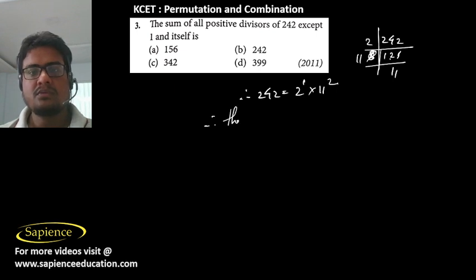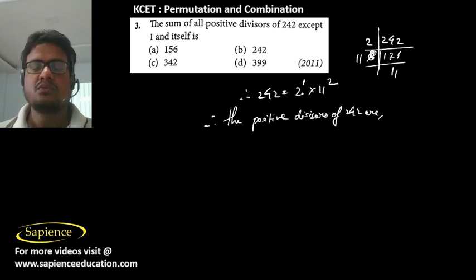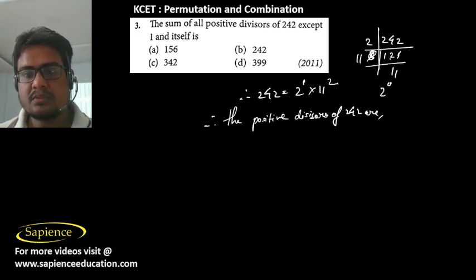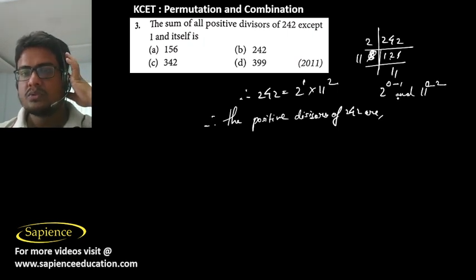So now, therefore, the divisors, or I can say the positive divisors, all the positive divisors of 242 are: we can take 2 power 0 to 1, and this 11 also I can take from power 0 to 2. So they are